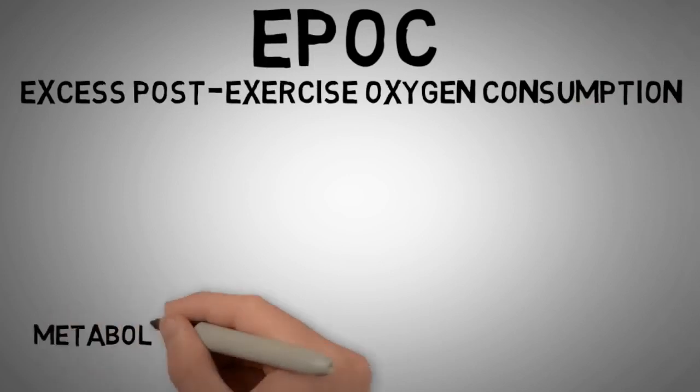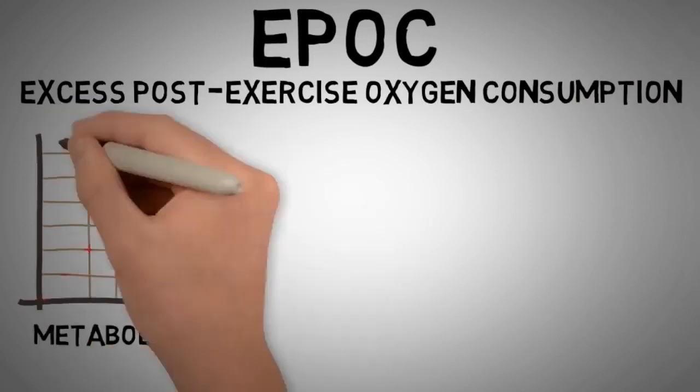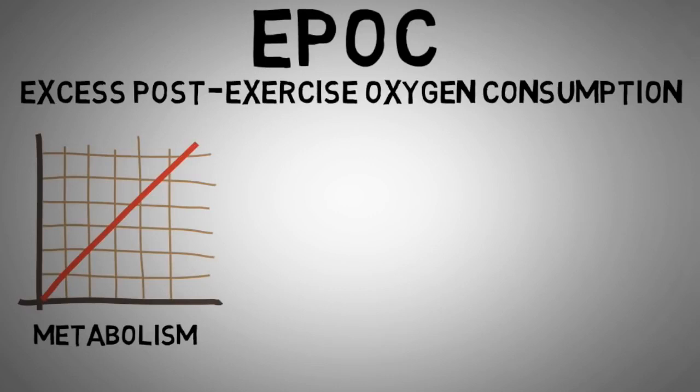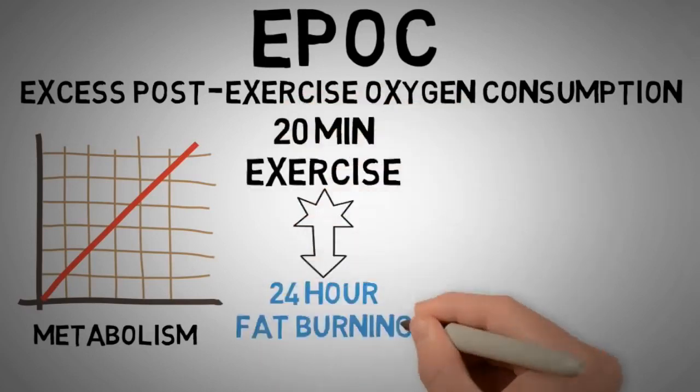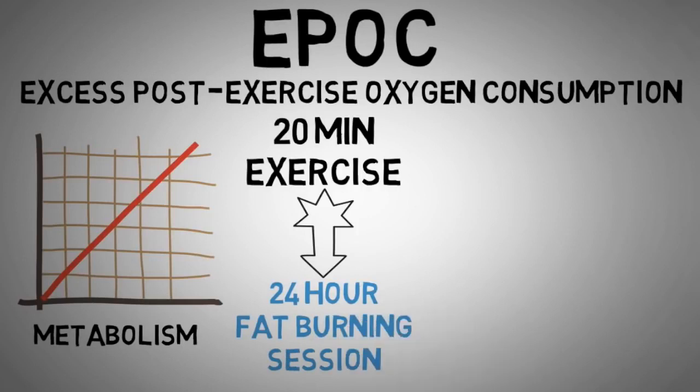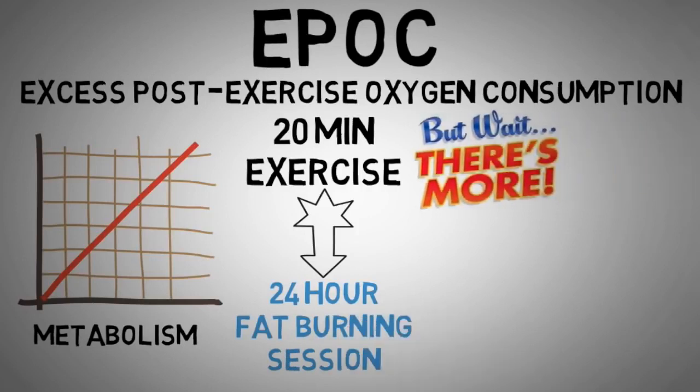It will actually kick your metabolism into overdrive, which will allow you to keep burning fat throughout the day, and that 20-minute exercise will turn into a 24-hour fat burning session. But the benefits don't end there. HIIT workouts have been shown to increase production of human growth hormone up to 450%, which is fantastic since human